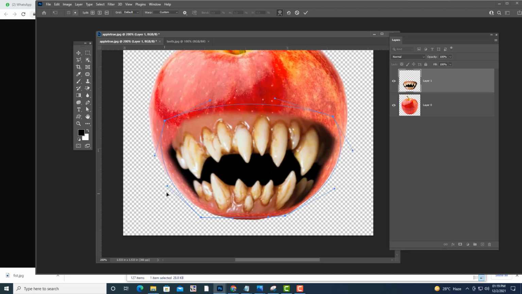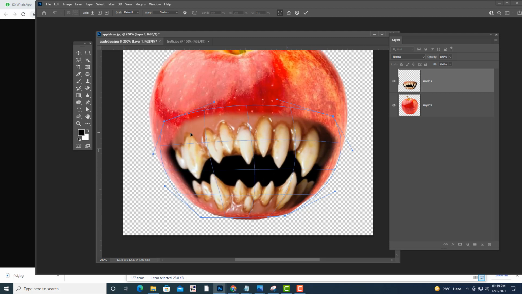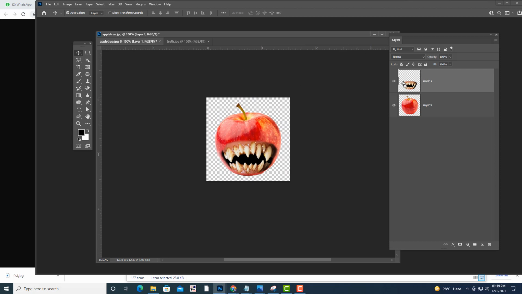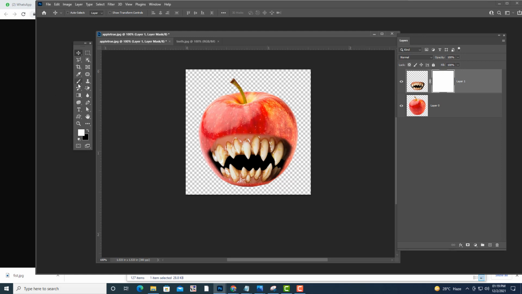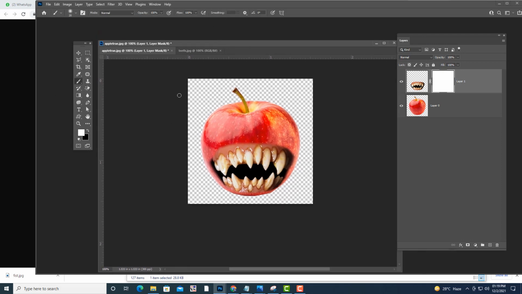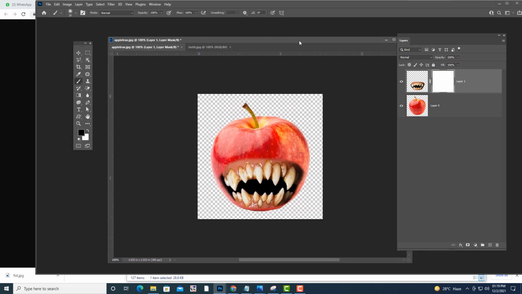Then we'll press the tick mark, and then I'm going to apply a mask to it. Use a brush. We will remove these gums.